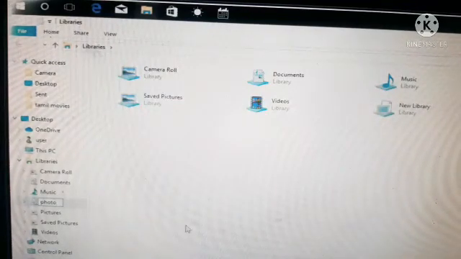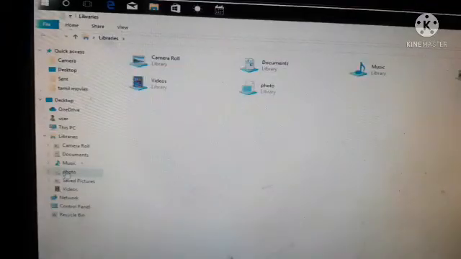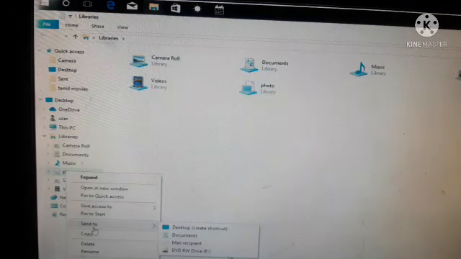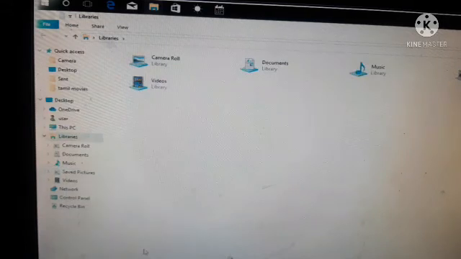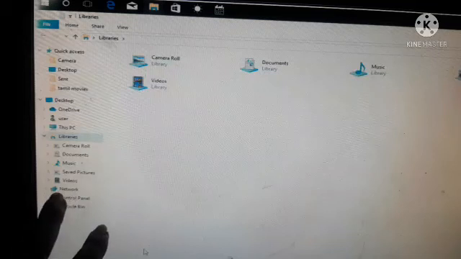Here I have given Photo. If you click on any place under the content pane, the name of the new library will be displayed there. So Photo is the name of our own library. If you do not need it, just right click on that. You will have the delete option there. So there we have to give delete, and the own library we created will be deleted from our libraries.